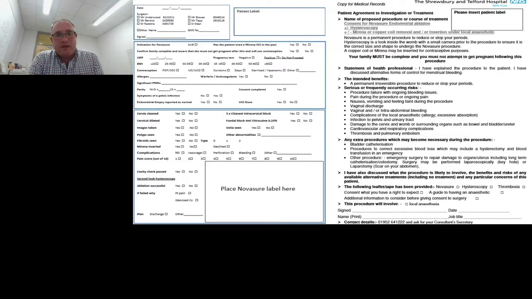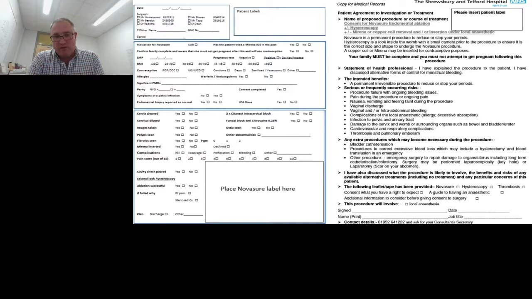So on the left of the screen, you'll see our operation sheet. We've got the GMC numbers and the doctor's names, and then we pop a label down. The middle sections will inquire about pregnancy tests, have they tried Marinas in the past, current contraception, medical history. And then towards the bottom, you'll see the boxes we tick regarding whether it's a straightforward ablation and any